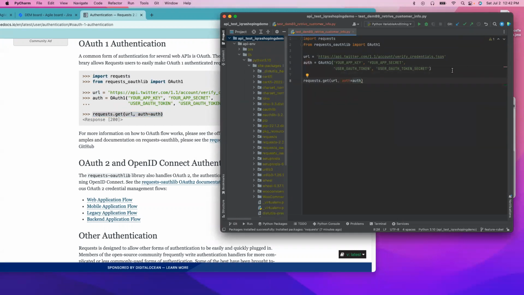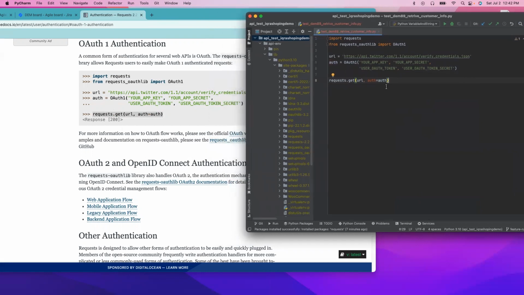Okay, so you see, I did not write anything myself. I just did some research and just copy and paste. That is how Python works: you just have to do some research and you can use the existing code that people already wrote and just do some modification. That's what I'm going to do here. So right now, let's delete a lot of things. So we only have our two keys, right? One is